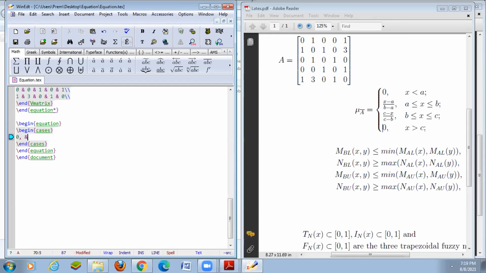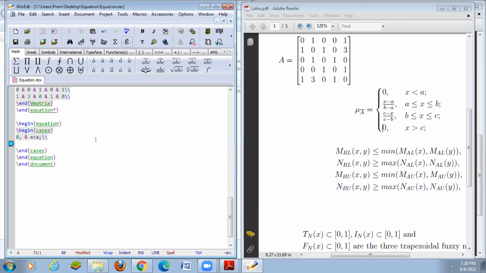The ampersand means we can align the equation, so each and every line will have the same alignment. Automatically the lines will be aligned. First one is 0 and then x less than a, and then you can break that first line. In the second line we display x minus a divided by b minus a.